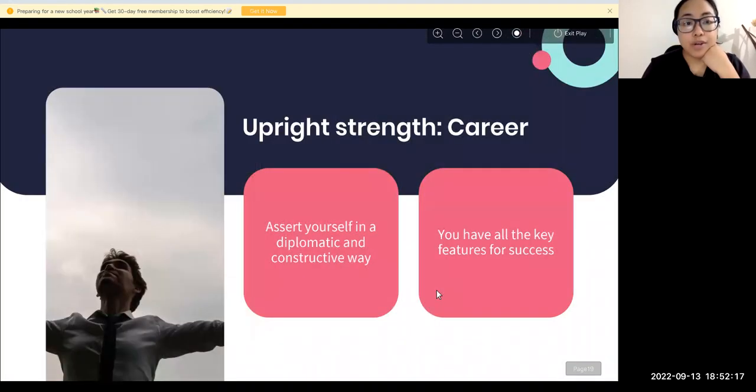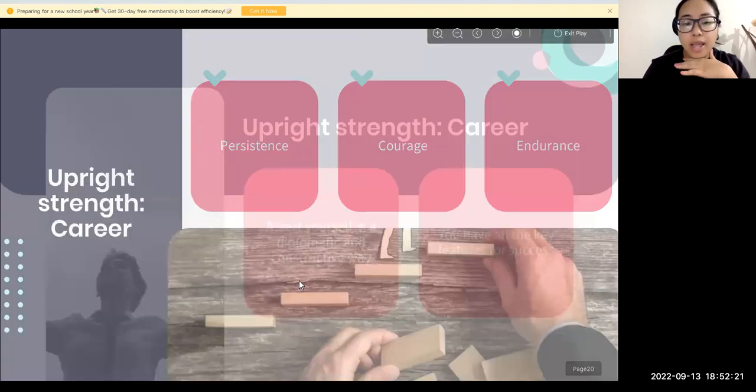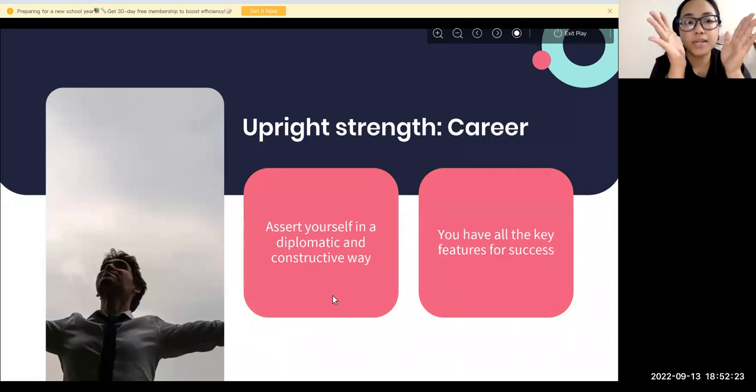now if it is for career, you have the power to diplomatically construct your way, understand your energies, understand a partner. You can also work very closely with highly diplomatic people. You can really do well in business. You're doing very well in your relationship with your boss. So you have all the keys to be successful in your career.